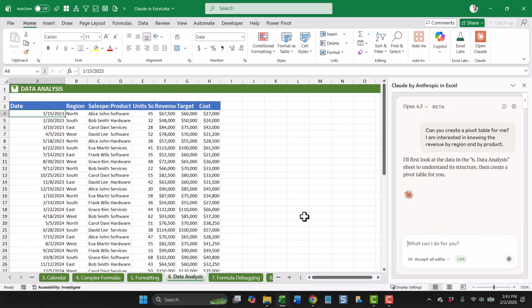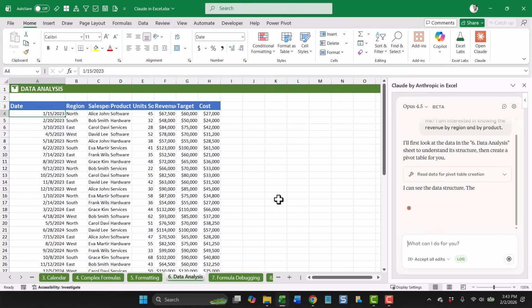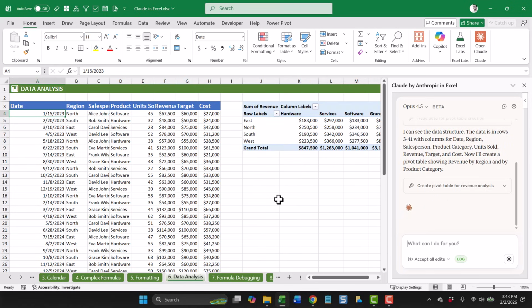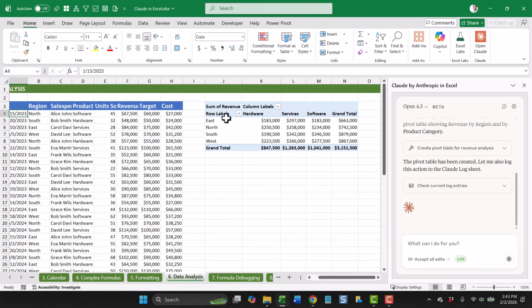And let's see what it does. So it is able to manage pivot tables. Claude does have access to your grid. It cannot work with the data validation or conditional formatting or these other tools, but it can work with the pivot table. So you can see it has quickly created this pivot table for me where I have these regions